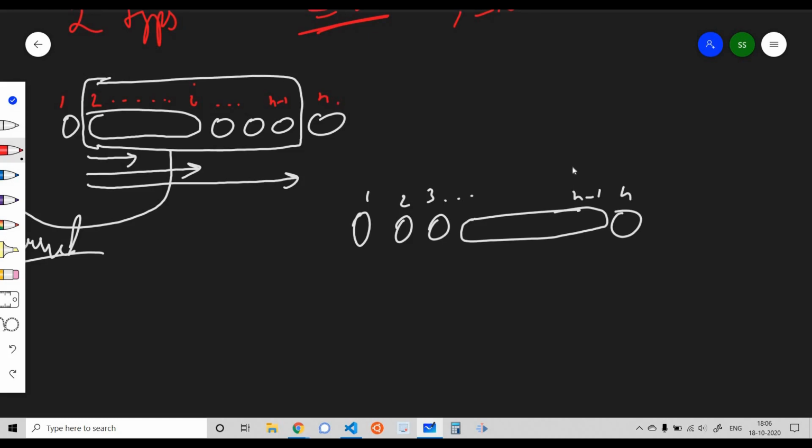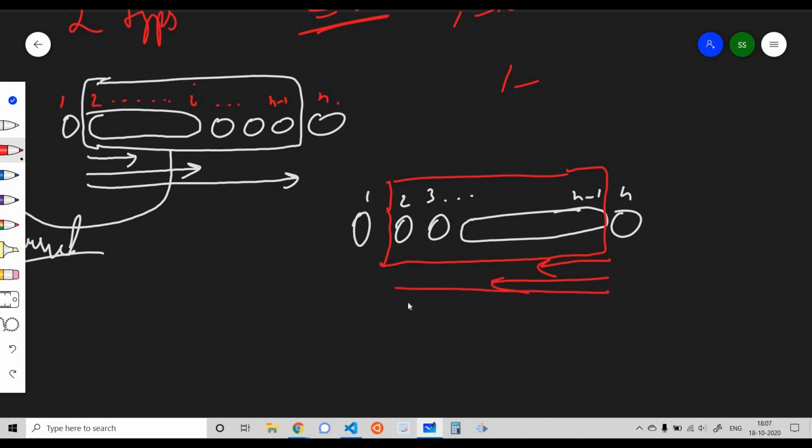In the second operation, I can choose a substring which ends at index n-1 and can go till at most index 2. That is, the minimum value of the starting index of the substring can be 2, if I'm talking about one-index-based indexing. So here I can pick a substring of this length. After picking this substring, I need to append